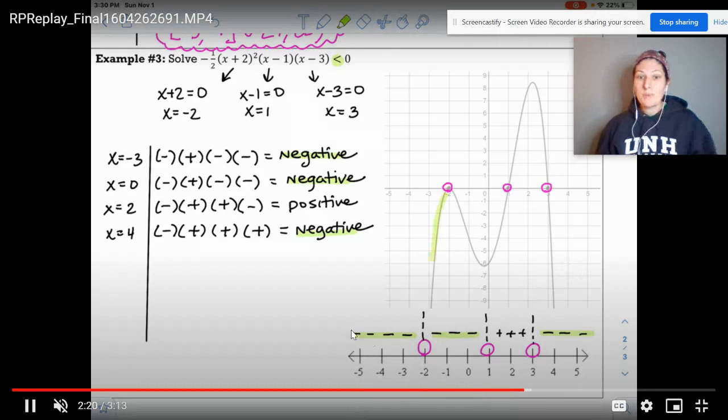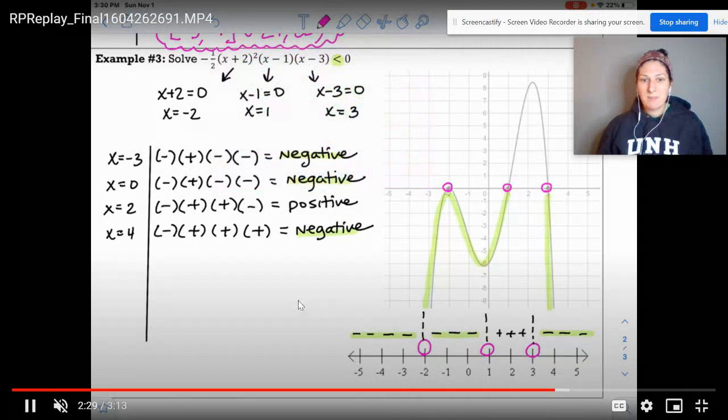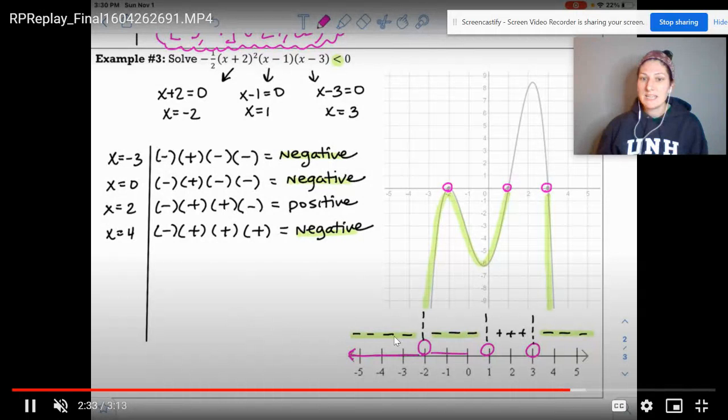Now, because these are open circles, I have to be really careful. The open circle means that the x-intercept is not included. So I like to read my number line. You read it left to right. So we're going to go from -infinity to -2, from -2 to 1, and from 3 to infinity. So when you piece it all together,